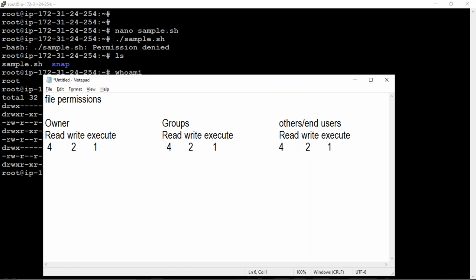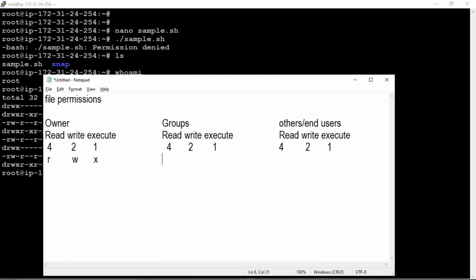Now how can we write it as symbolic representations? Read is R, write is W, and execute is X. Got this?